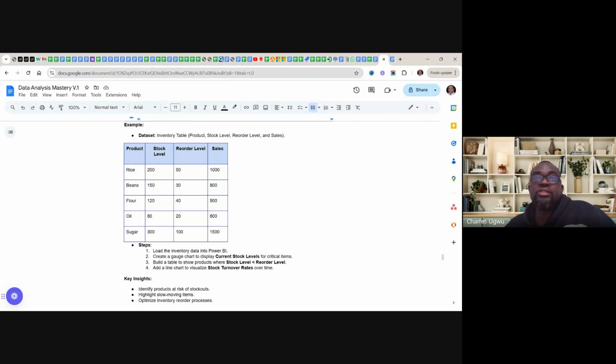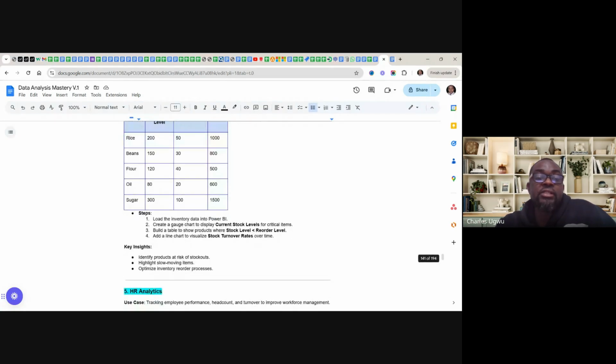A gauge is a monitor for the current stock level of critical items against the reorder level. Build a table to show products where stock level is less than reorder level, and add a line chart to visualize stock turnover rate over time.